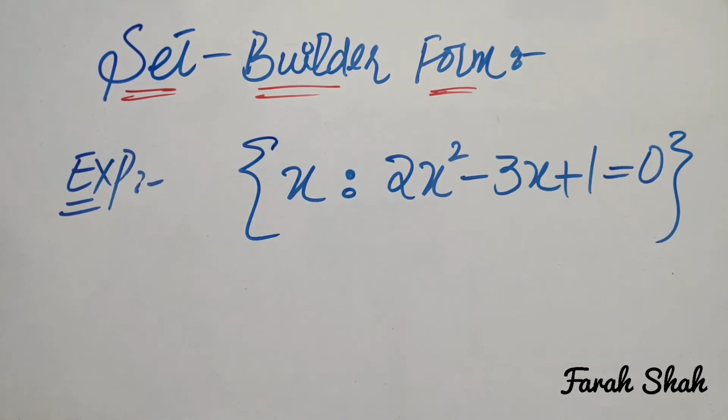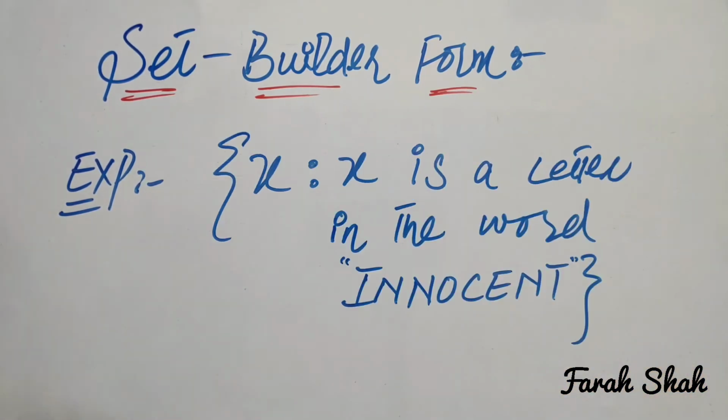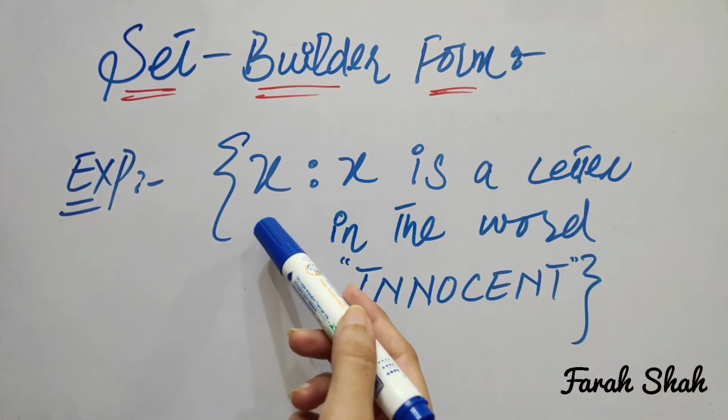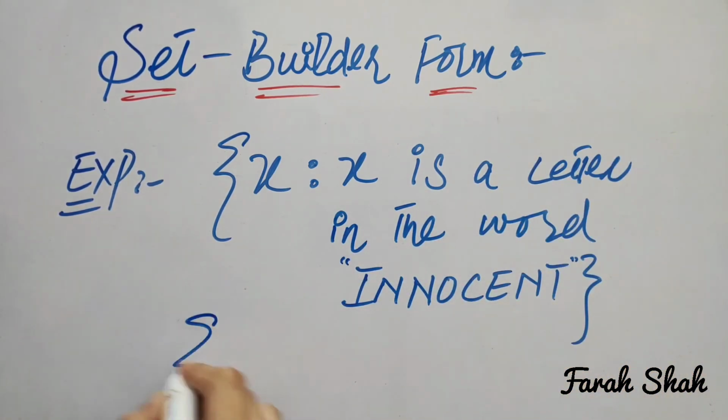Now this is the set of all solutions of this equation. This is the set of all x such that x is a letter in the word innocent. In tabular form, this set is written as